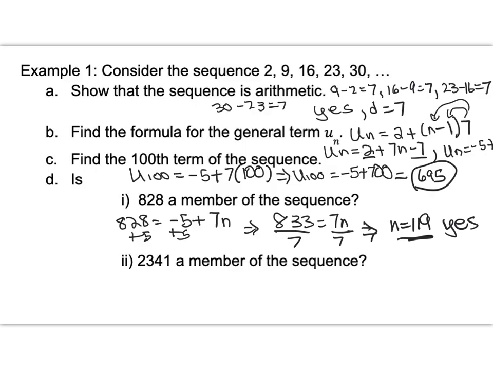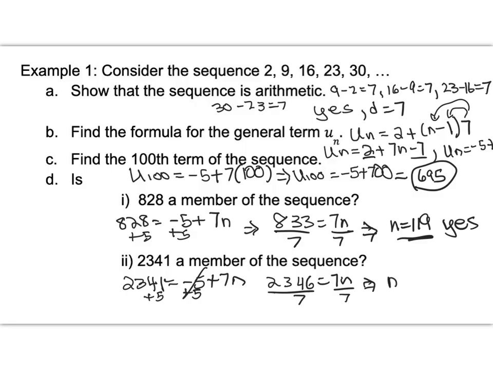And if I want to know if 2,341 is a member of the sequence, I'm going to do the same thing. I'm going to put 2,341 in for the nth term, add 5 to both sides, and I get 2,346 equals 7N. Then I would divide both sides by 7. And this time, though, when I solve for N, I get